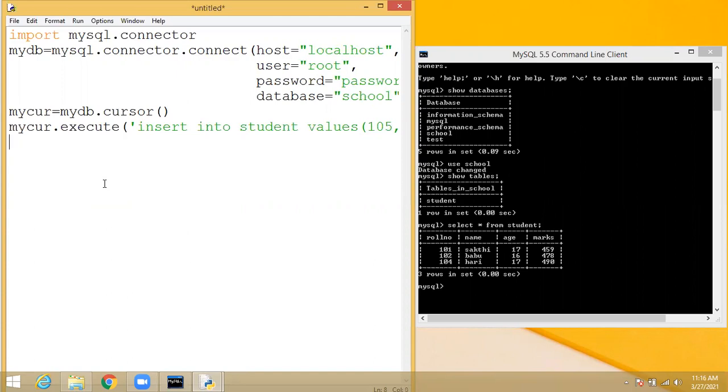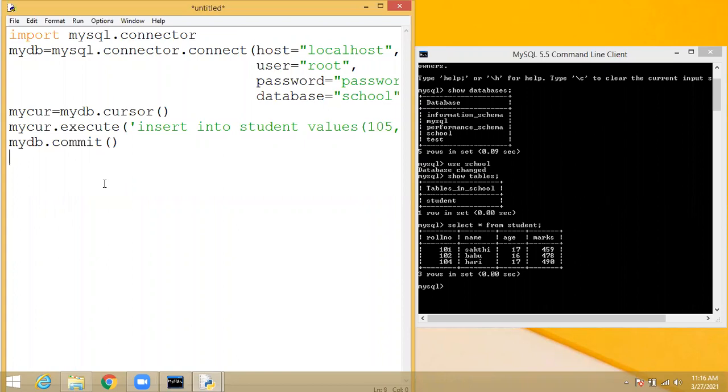What is the command name? Commit. Okay, for insert query, delete query, update query, we need the commit function. With the help of the database object, you give this command for confirmation. If you don't give this command, that insert query will not affect the table.